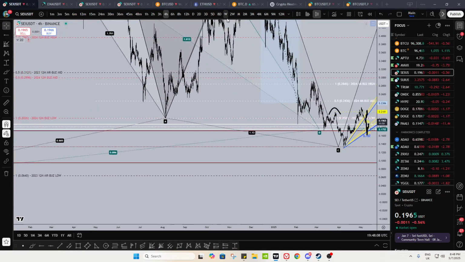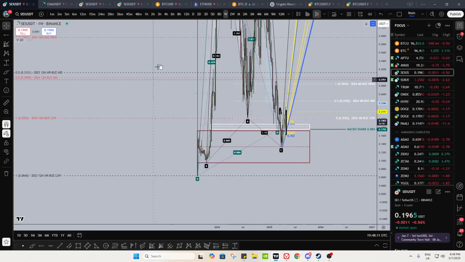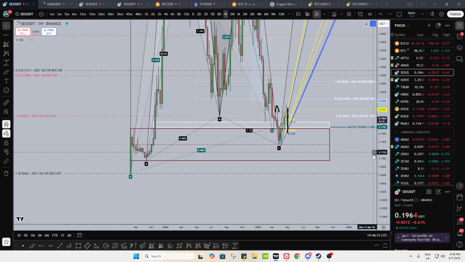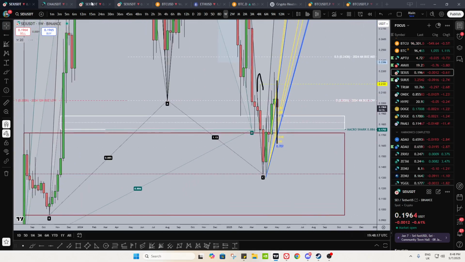That red line is there for what exactly? Oh, top of the previous consolidation range as well. Beautiful. That's what it was there for. But yeah, so